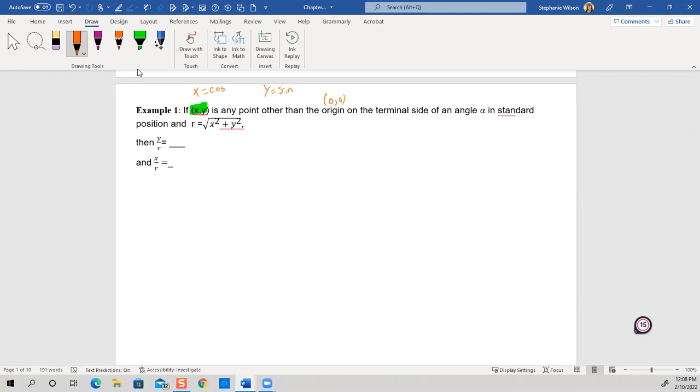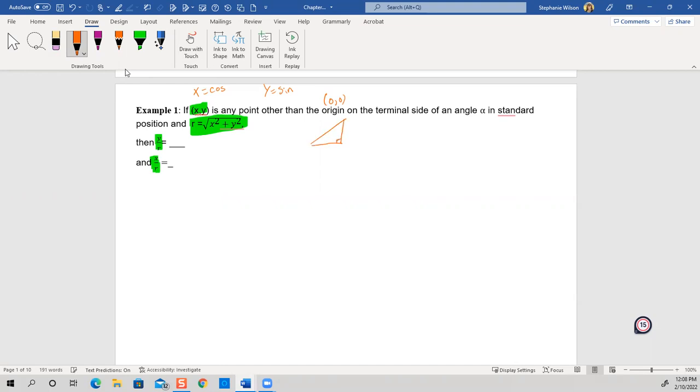On the terminal side of the angle alpha in standard position, we'll have this formula here, where r is equal to the square root of x squared plus y squared. So we are trying to figure out what is y over r, x over r. Well, let's talk a little bit about what r is. If we wish to draw a right triangle,